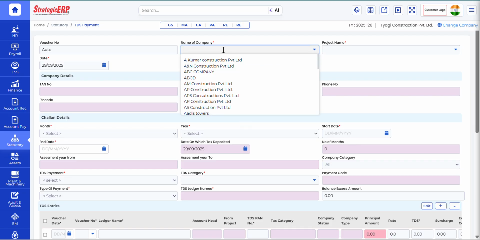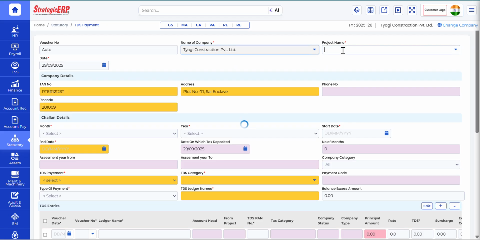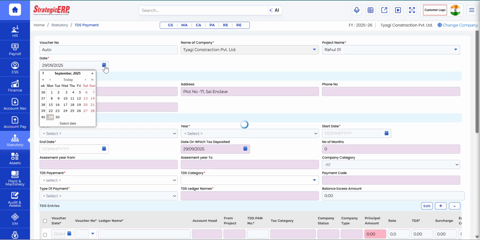your company, on which company's TDS you are going to pay. Once you select the company, then you need to select the project by which you are going to pay that TDS amount. Then the date of payment,